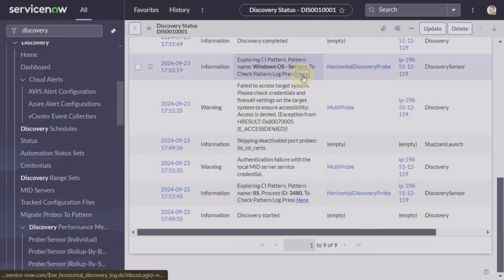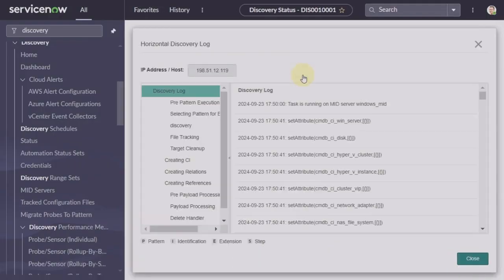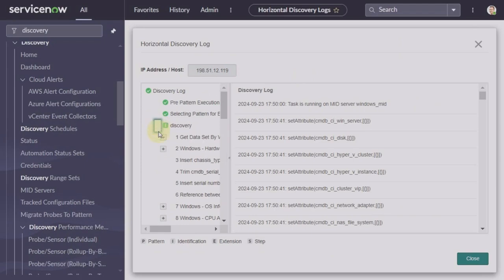So let's click here. And this is how you can see the horizontal discovery log. This is the best place to actually troubleshoot where the problem is occurring, if any, during your identification and exploration phase. So here in discovery, you can see